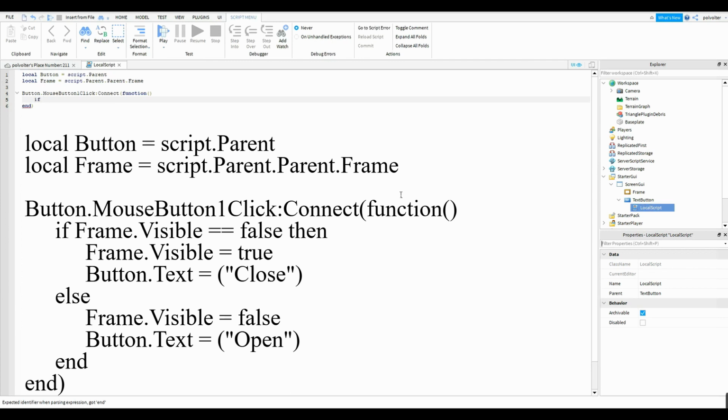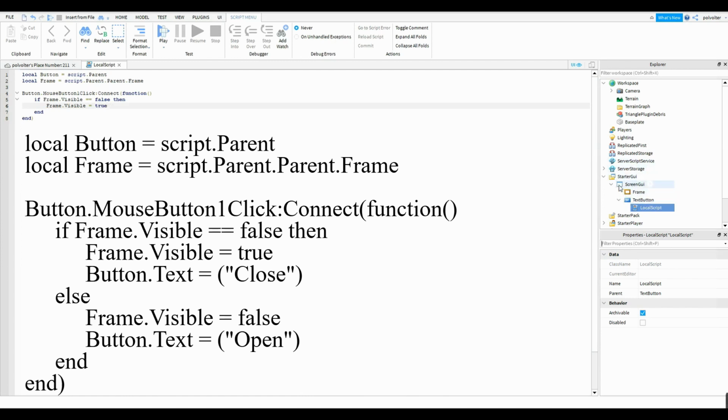So put if Frame.Visible equals false, then new line Frame.Visible equals true. So that's telling the script if the frame is visible false, so if it's not visible, then